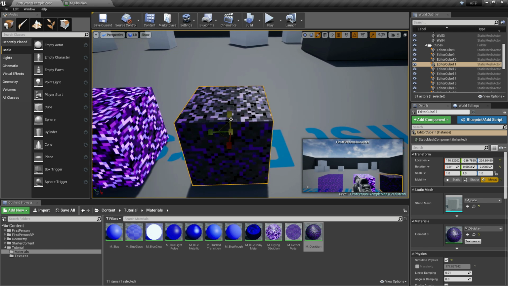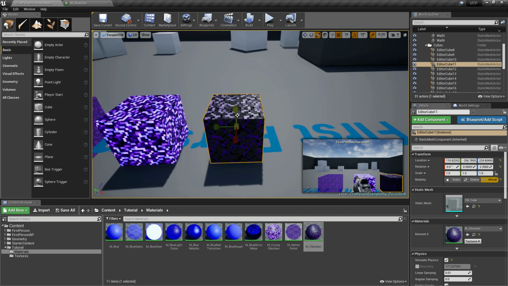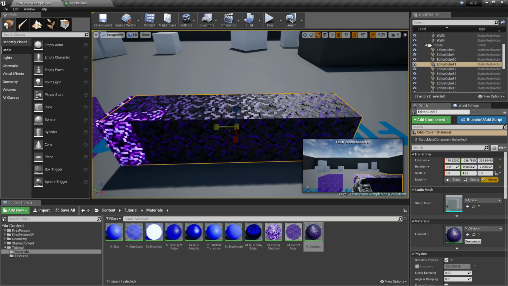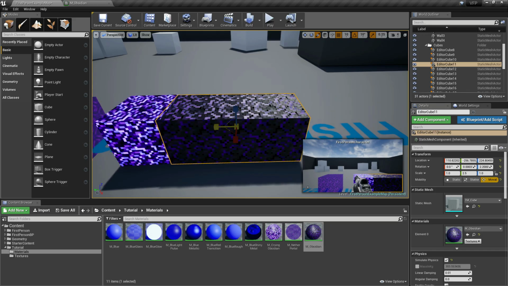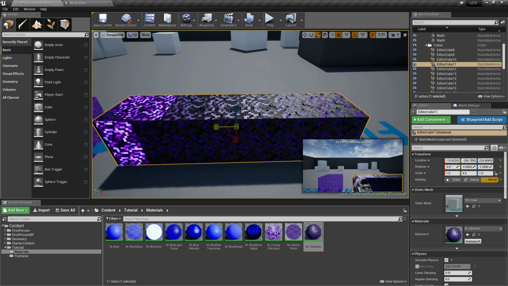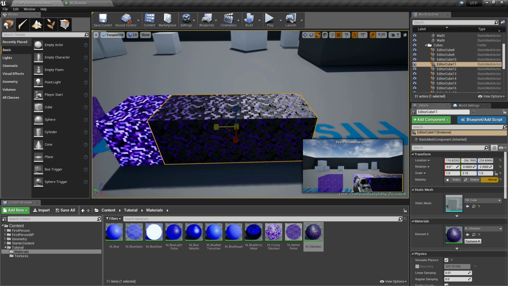Now, when we resize the material, as you can see, its texture remains the same and it will never be resized together with its object.